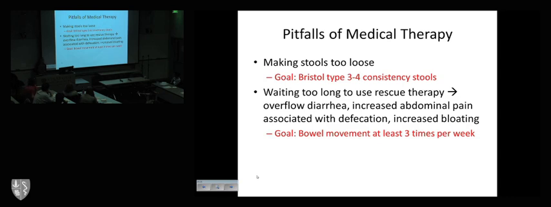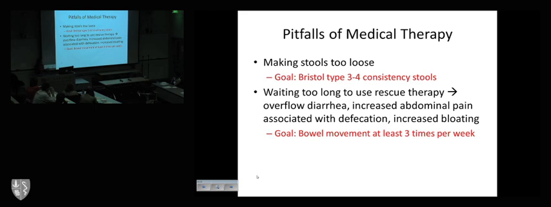So there's this myth that if you use laxatives, you'll become dependent on it, it'll never work again, and so you should use it as little as possible. And then people wait a week before they start using laxatives, when they haven't gone to the bathroom for a week, and they don't work as well at that point. And then you start using more and more, and then you start getting cramping, diarrhea, and miserable.